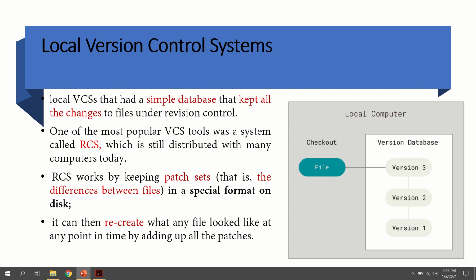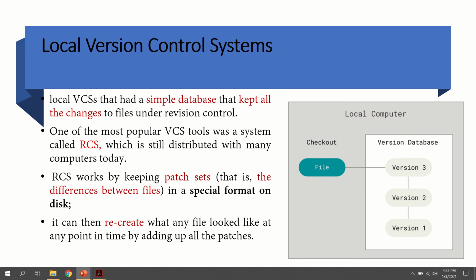In the local version control system, there is a database. Just imagine a database as a storage area where we are storing a lot of data in one place. Suppose I need to store the details about all of you 60 students. It is possible.